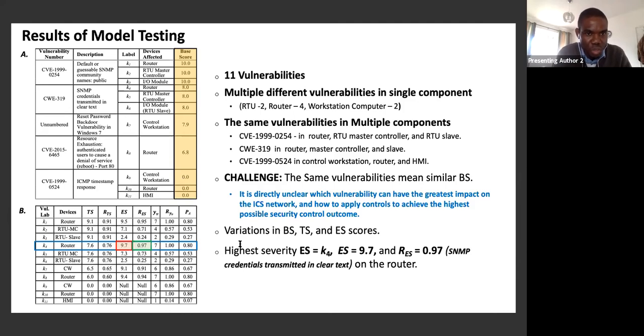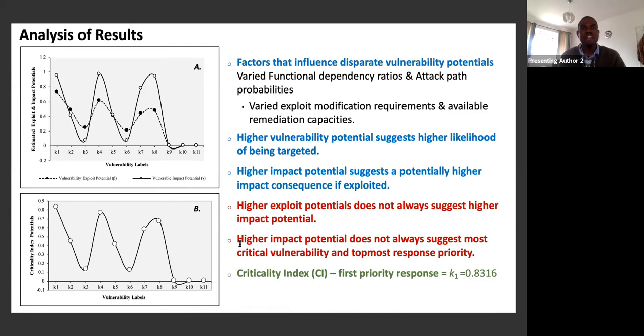And we see that even though this is the case here, the environmental score is much, much higher than what we had on the temporal score. So in this case, it gives us a fairer understanding that considering the environmental score even gives us a better understanding of the impacts of these vulnerabilities. And so based on that, this is a representation of what we found out